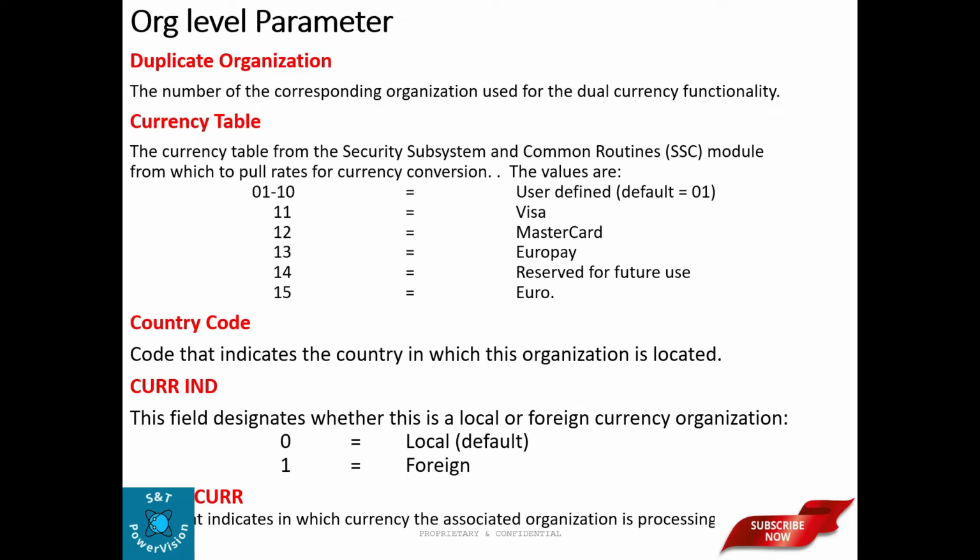This currency table is basically used for the conversion from foreign transactions to the local currency value. Country code indicates the country in which this organization is used. Currency indicator designates whether it is a local or foreign currency organization: 0 for local by default and 1 for foreign. The currency code indicates in which currency the associated organization is processing.